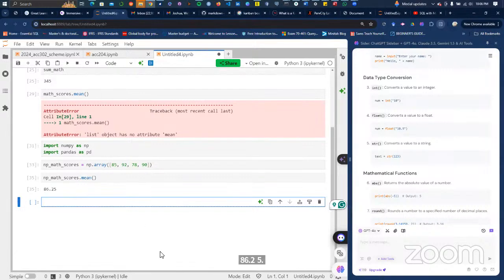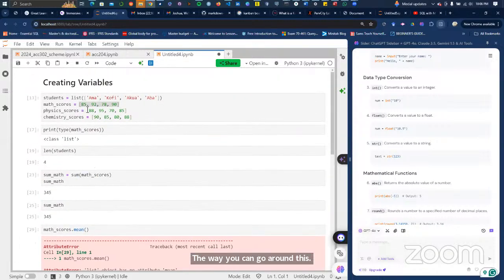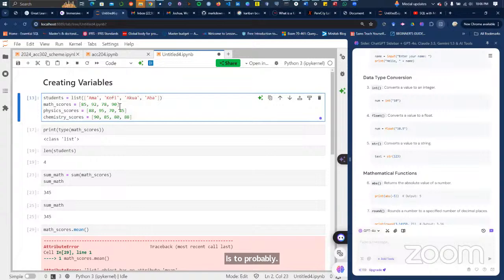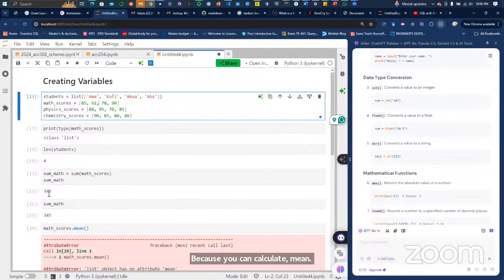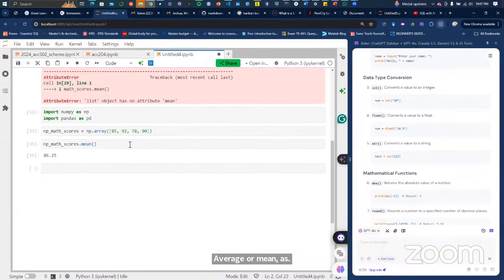In basic Python lists, the way you can go around this, because you can't calculate a direct mean, but you can calculate the sum, because we did the sum, is this: after calculating the sum, you can calculate the count through the len function, and then you get the average or mean as the sum divided by the count. So let's try that one.